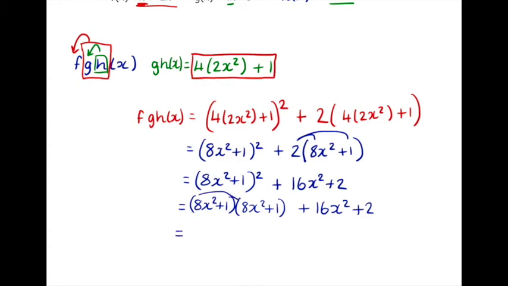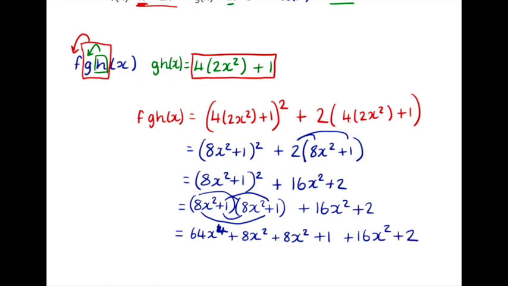So the quadratic using FOIL, I have first, so that gives me 8 times 8, so 64x squared. Outer, so 8x squared, so that was to the power of 4, squared times squared is 4, and then I've got my inner, so plus 8x squared, and then my last plus 1, plus 16x squared plus 2, and then finally grouping everything together, I've got x to the 4, so 64x to the 4, I have an 8 and an 8 and a 16. So that gives me 32x squared, and then I've got a 1 and a 2, which gives me plus